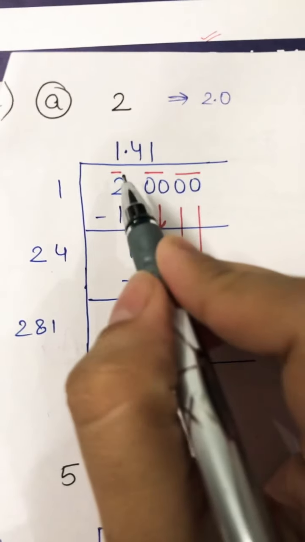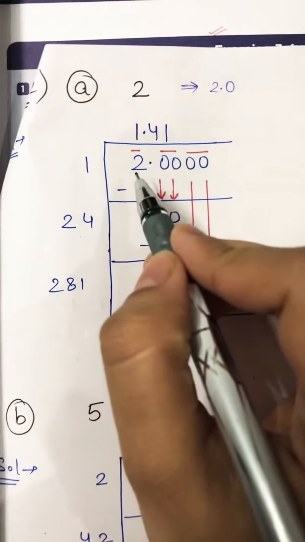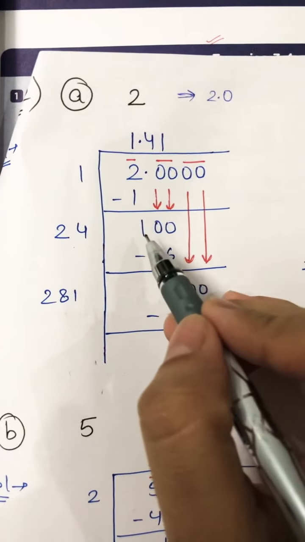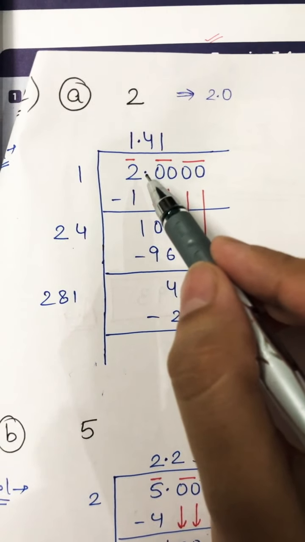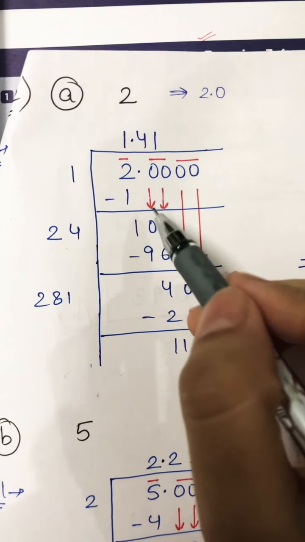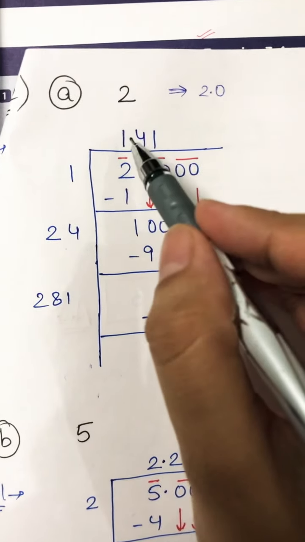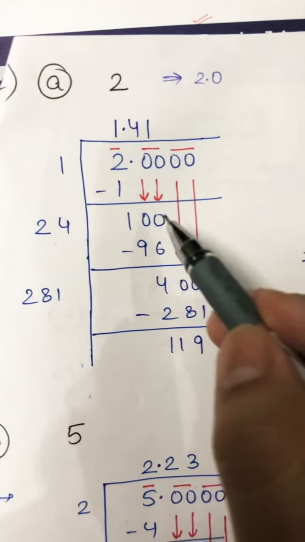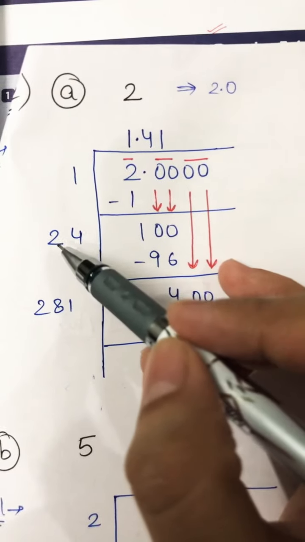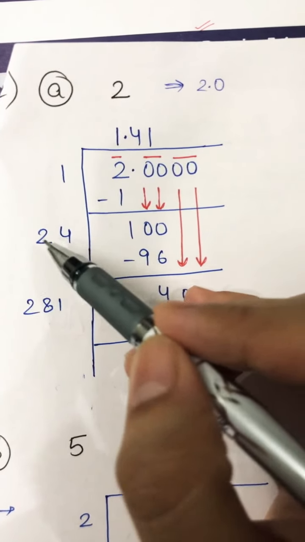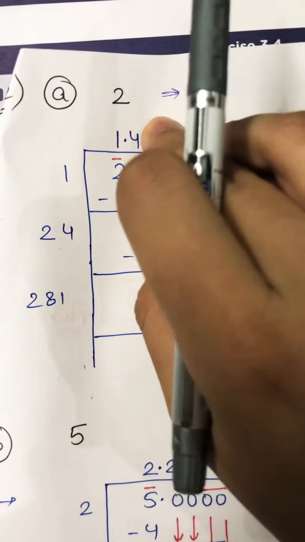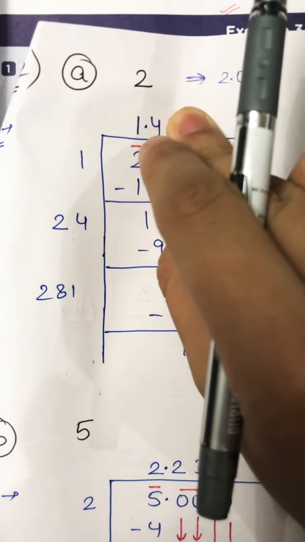First of all, we will see the first single digit, so it will go on 1. 1 ones are 1. Clear? Now put a decimal and take out the next 2 digits together. The answer will be 9. Here you see 1 plus 1 is 2, you have to multiply with 4. So 24 4s are 96. Subtract it. Up to here your answer is coming up to 1 decimal place.